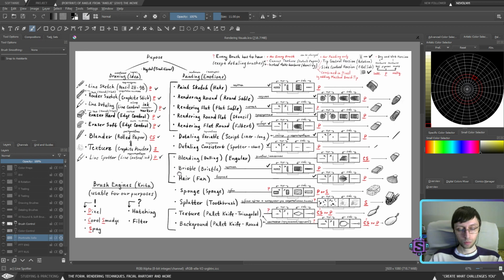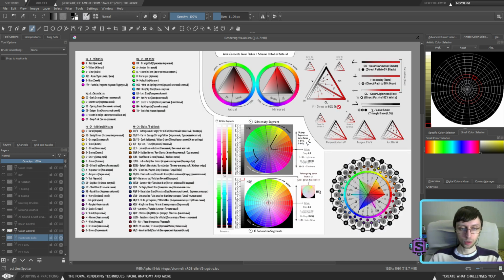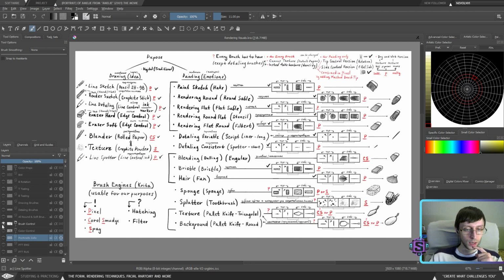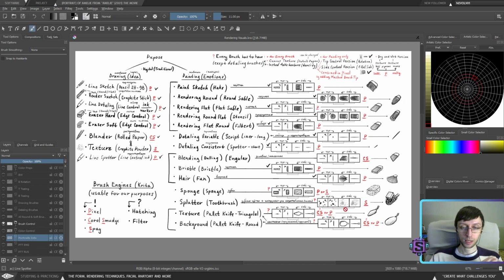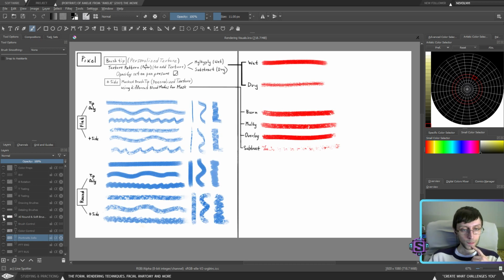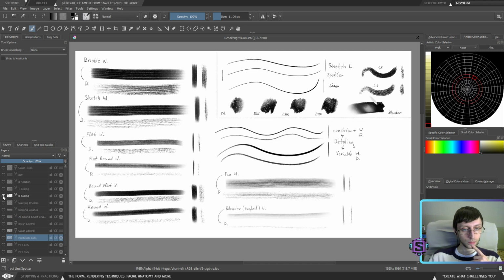So again, we worked on brushes. We worked on color. So while dealing with color harmony, we're going to work with this as our basic thing that is going to help us to work with color harmony. This thing is going to help us to work with brushes, and the fact that we created our own brushes, understanding how to control them, how to achieve certain effects, and etc. So this understanding definitely helped me to understand how to work with brushes. The rest is just figuring out how to express emotion with them.